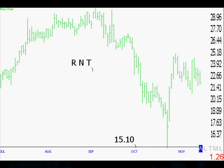Okay, this is a daily bar chart of the company RNT. The actual full name of the company is Aaron Rents. Traded a little over 700,000 shares today. It's traded on the New York, and there are options. Okay, this is a call on the short side. And tomorrow I'll be looking to sell this short between